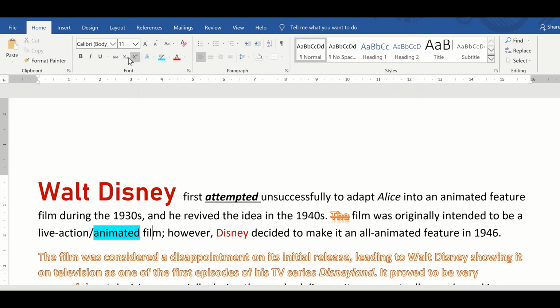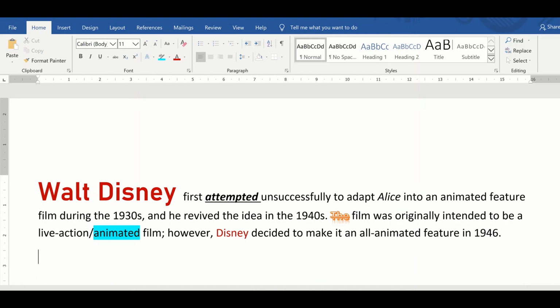Next is subscript and superscript. Now see how we can use this. If I want to write x square plus y square, I will select 2 and click on superscript. Similarly, I will select the other 2 and click on superscript.